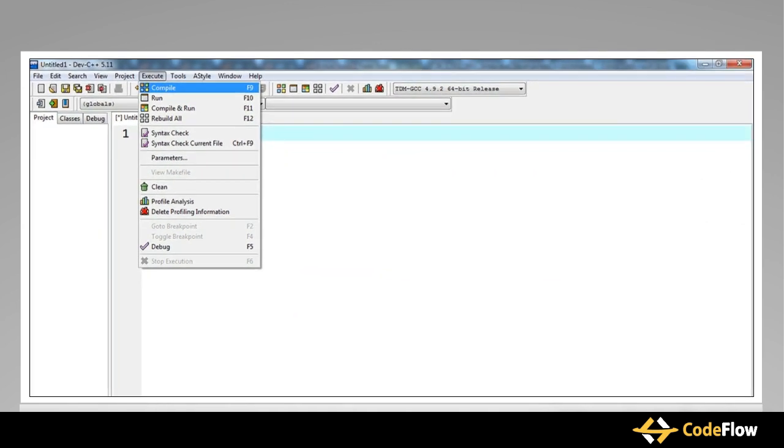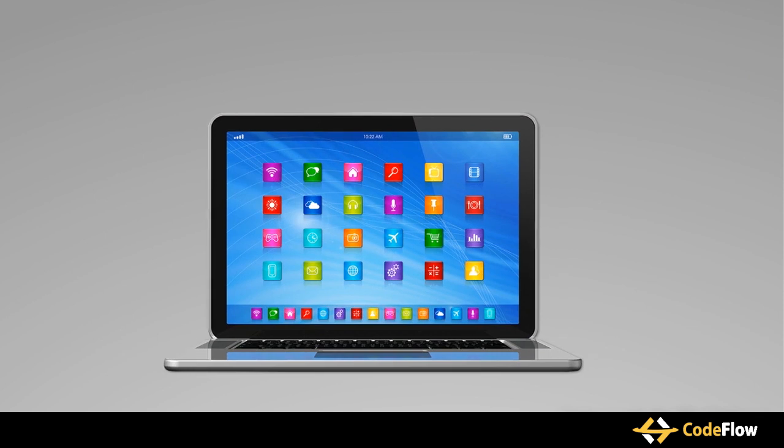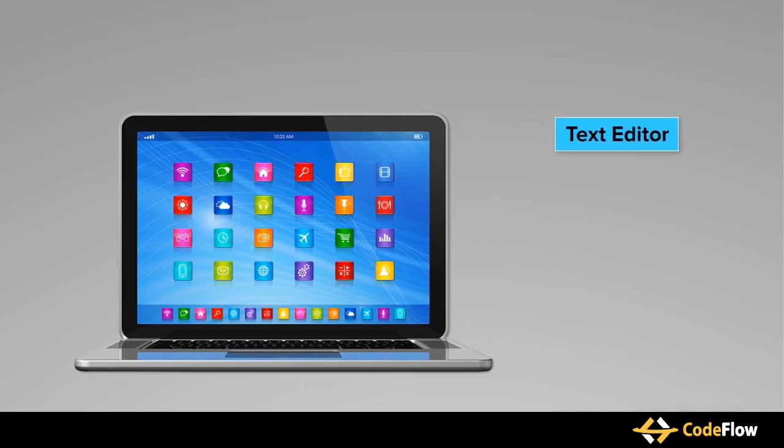We have understood the use of IDEs. Now, what do you think? Can we write a program without using an IDE? The answer is yes, we can. But in that case, we need to configure multiple development tools like text editor, compiler, and debugger. With an IDE, we can write the code, compile it, and test it on the same platform, which saves our time as we don't have to switch between different tools.